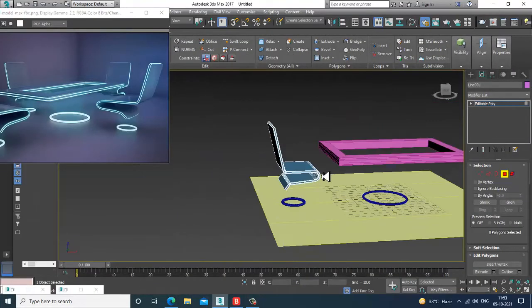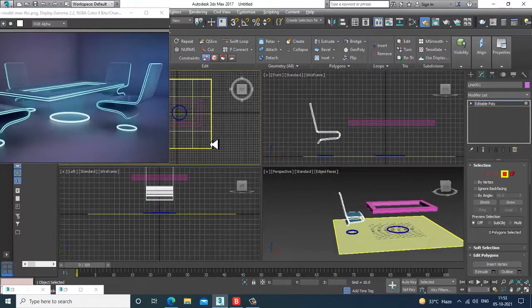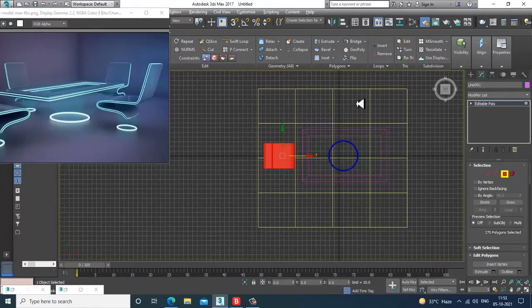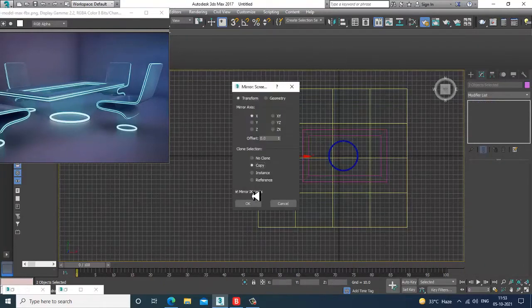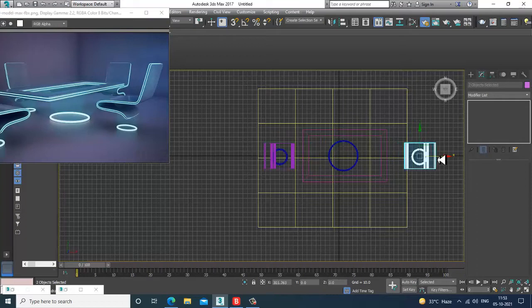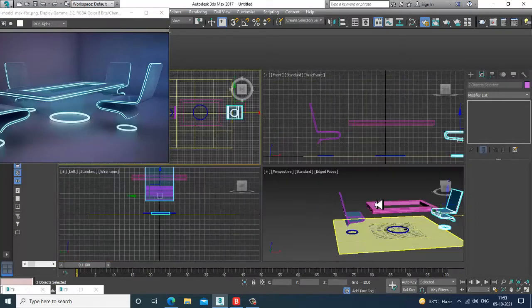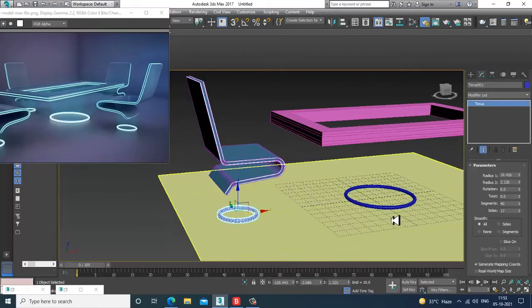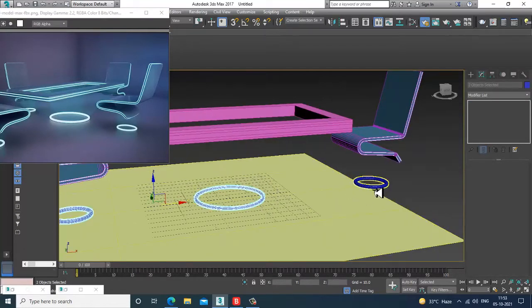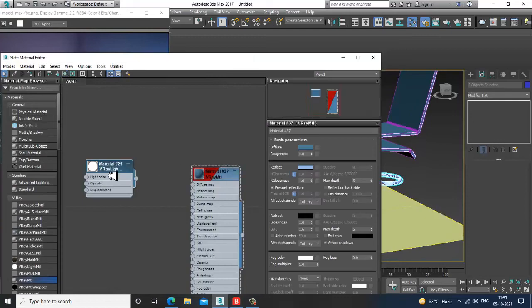Go to the top view. Select this and let's mirror that. Push it over here. Select this stuff, this and this, and I'll assign the same material over here.